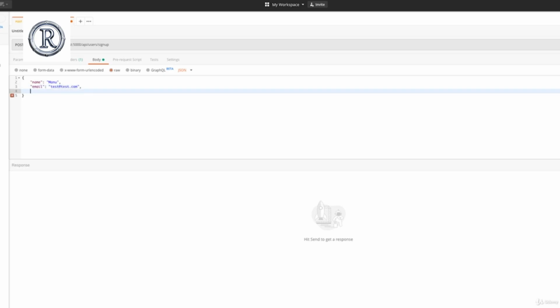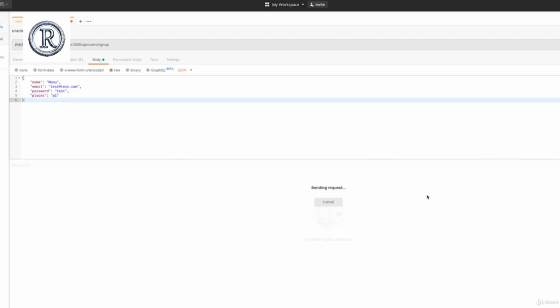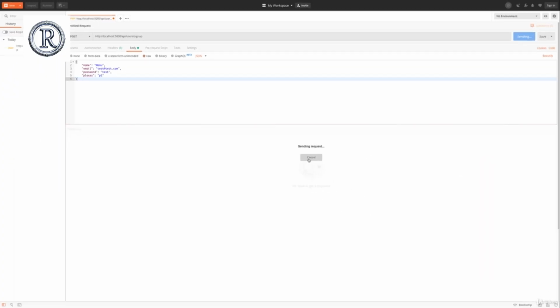test@test.com. We don't need an image. We provided that in the code. So we need to add a password here. Maybe test should be a string. And we add the places as said before with the dummy input here. We'll change it later when we create the relation. So if I now hit send, and as we can see, we have a problem, but we actually have two